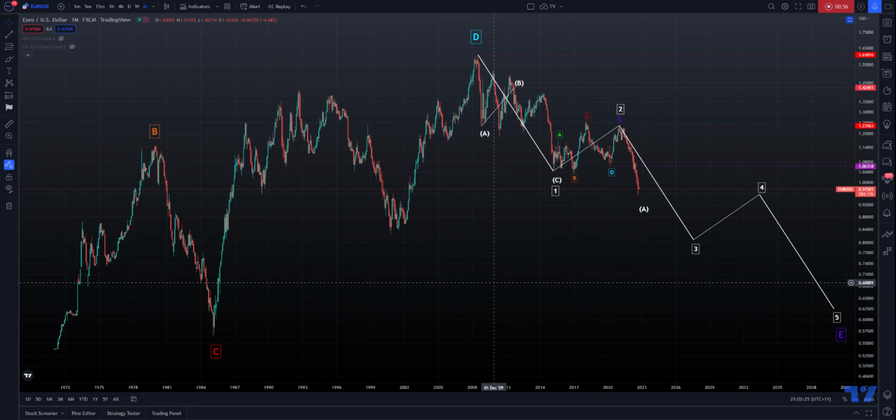So starting off, we can see back in the 70s up until 79, we had what looks like a three-wave move for B. It looks like a C wave move down, followed by a D wave move up. Now, if you get onto learning RS wave, you'll notice that there's only certain places where you'll find certain wave components, and they repeat all the time: large degree, small degree, the whole lot. So if you drill down, you just get more of the same based on the variances of each wave